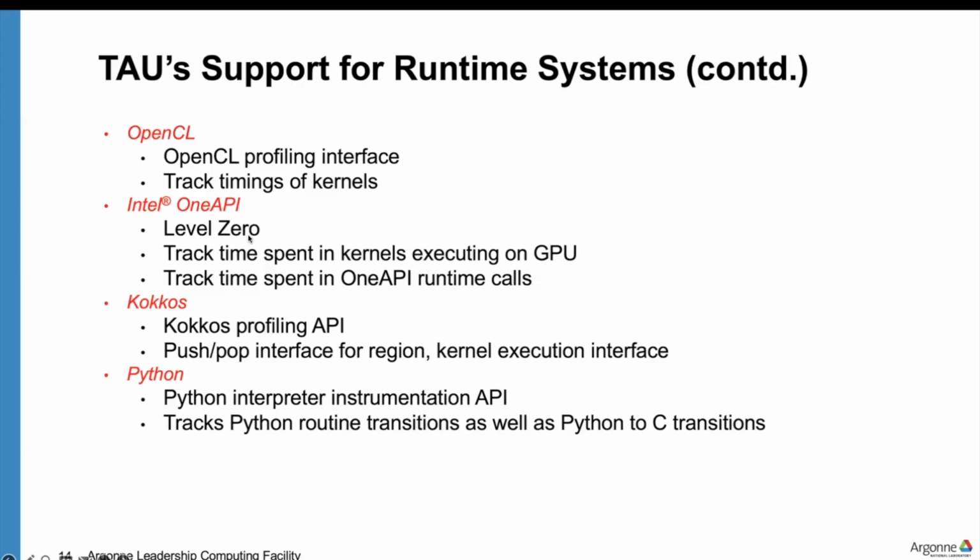If you see the -L0 option, it refers to Intel oneAPI's Level Zero runtime instrumentation. TAU also supports the Kokkos profiling API. It supports the push and pop interface for regions and the kernel execution interface. So if your code is using Kokkos calls, such as parallel_for, parallel_scan, parallel_reduce, the first argument provided to any of these calls